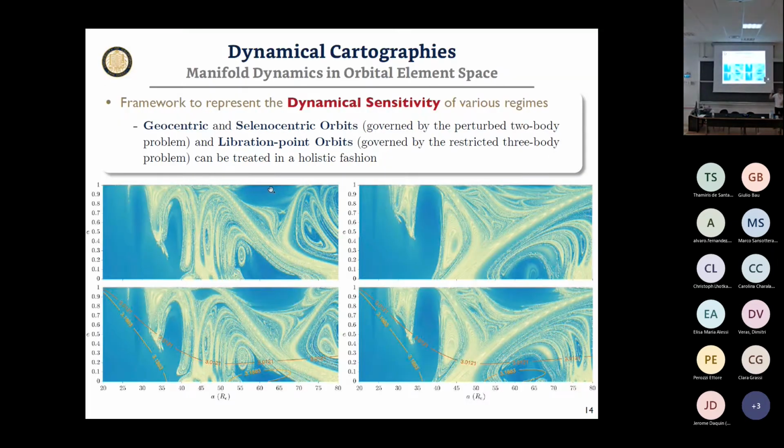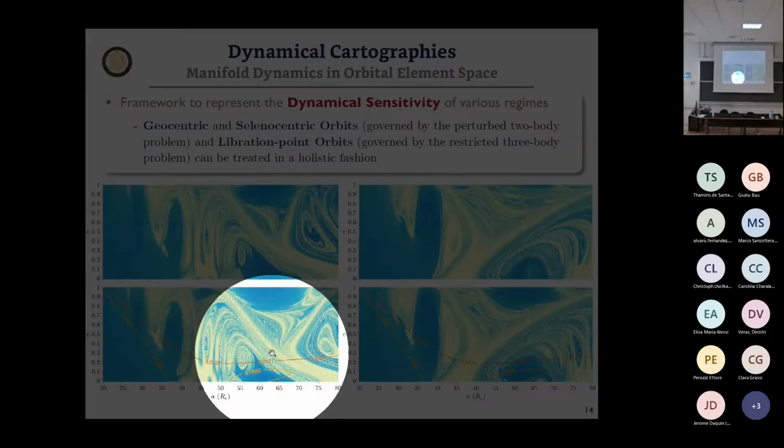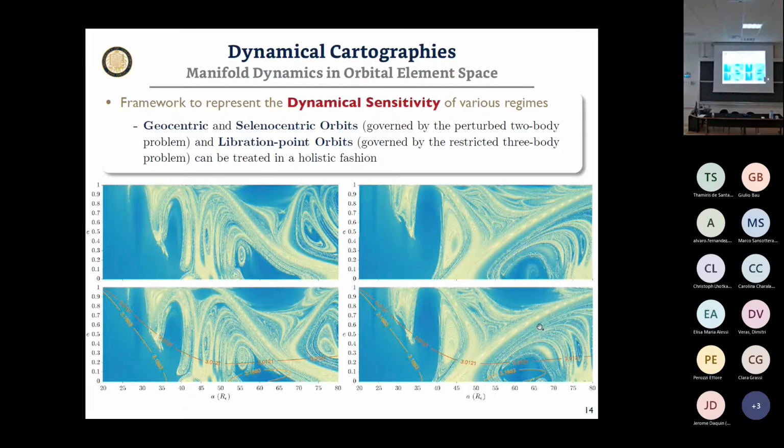Shown on the top panel here is done with the restricted three-body problem, so just taking the Moon as a perturber. We get somewhat different features that manifest on these short time scales when we add in the Sun, which cannot be ignored for the purposes of tracking and catalog maintenance of cislunar objects. So these are some interesting dynamical maps that we're still trying to understand at a more fundamental level.